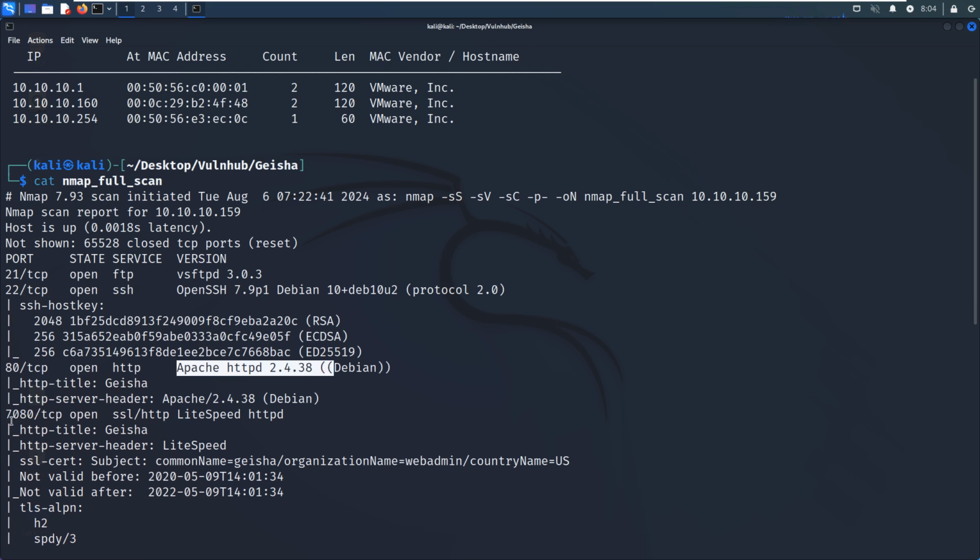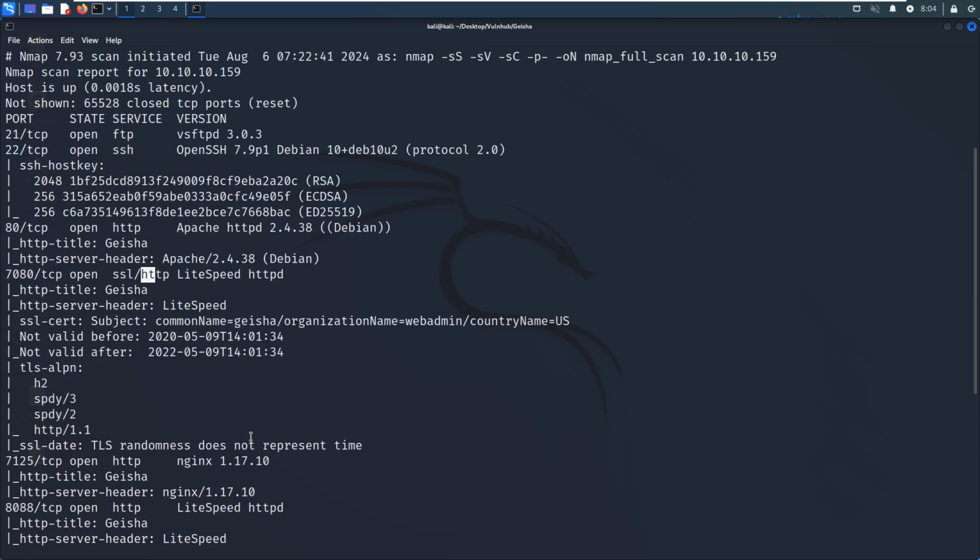And the next one is 7080, which is also running HTTP. However, this is protected by SSL, the encrypted form of HTTP to protect the communication between the client and the server. Okay. Next is 7125, which is also running the HTTP service and also the version information, nginx.